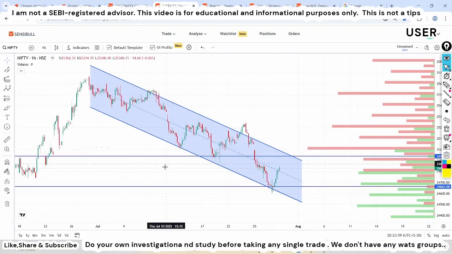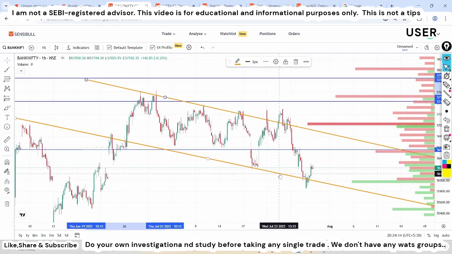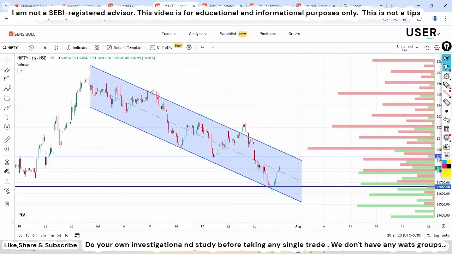And also, in the case of Bank Nifty, you can see Bank Nifty also came out of this channel. It is also trading in a pattern, or trading in some zones, with support and resistance in this zone. Okay, so it is bouncing back from here as well. Maybe